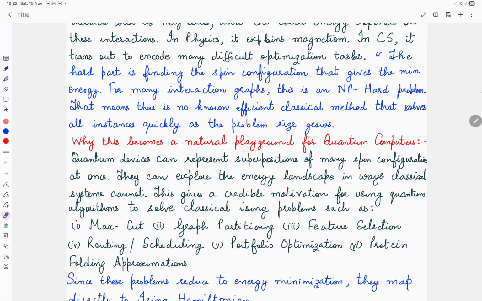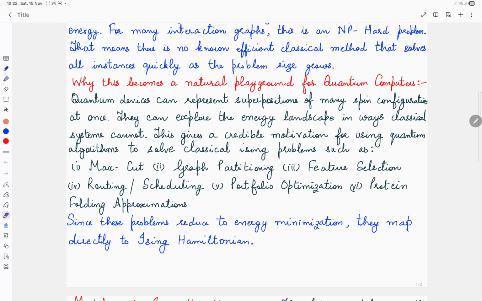That's where the quantum advantage actually comes in: quantum devices can represent superpositions of many possible combinations, which gives us the advantage of quantum parallelism. They can explore the energy landscape in ways classical systems cannot. This gives a credible motivation for using quantum algorithms to solve classical Ising problems, such as